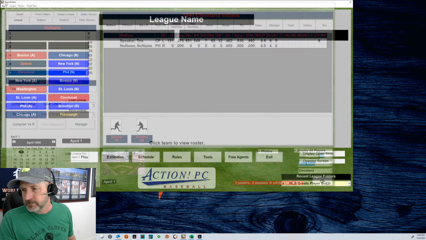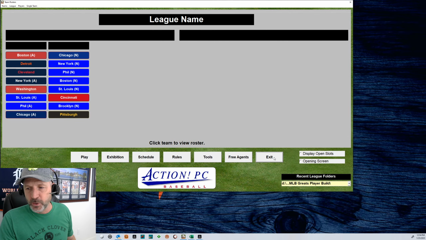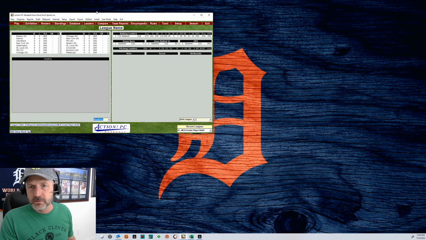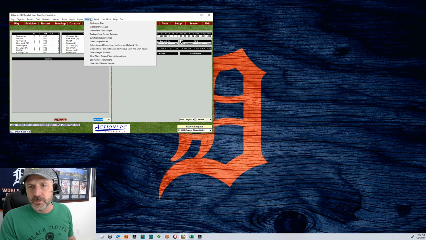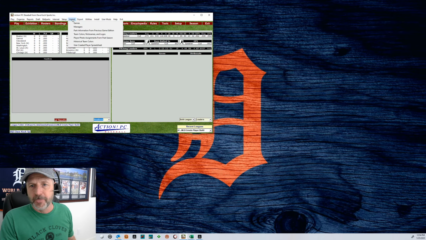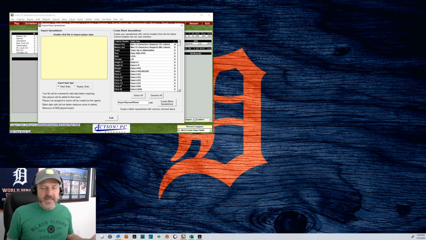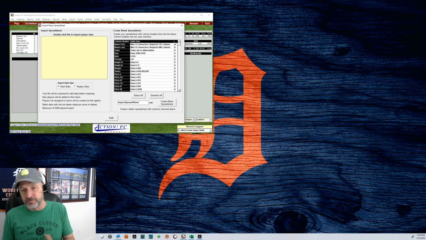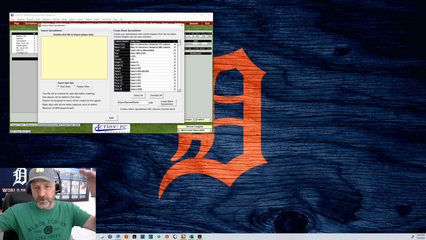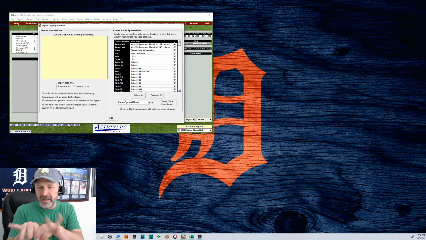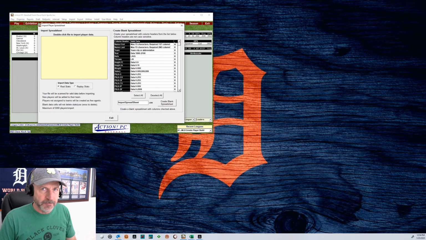And there is an import tool where you can export. Let's see. Oh gosh, what is it? Import. You can import a user-created player spreadsheet. But these are all the fields that are on it. I haven't messed with it yet. I need to try this out, because maybe I'll find that if I just break my habit and put it all on this sheet, I won't have to do the manual entry. But I'm so used to doing the manual entry, and it gives me an extra